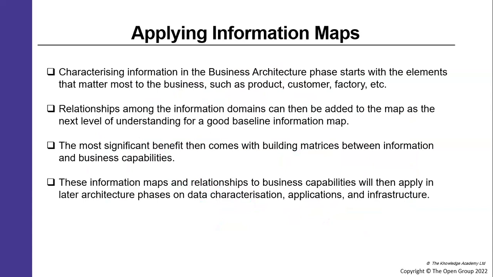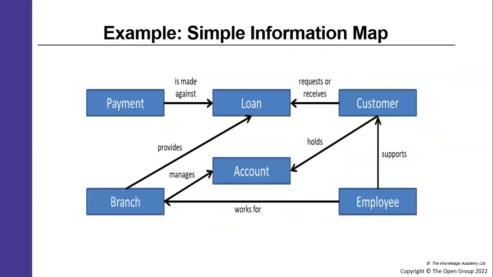Now, the information map. You know what the information map is? It shows how the flow of information goes from different departments. Have a look at this one, the information map. It is about the information between different systems, from one system to another. Here, for example, there is a loan department, and the relationship payment is made against it. It is basically speaking about information. Got it? It's called an information map.